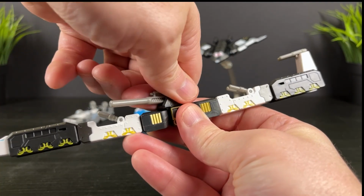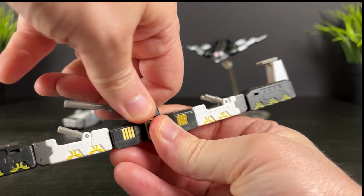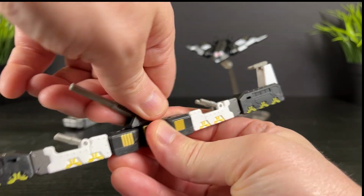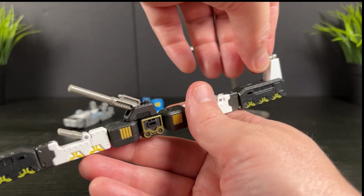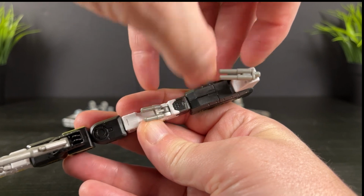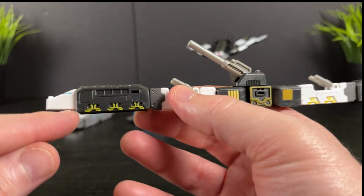I really like what they did with the guns on this thing. It's a really clever detail. It's got some nice playability on it. You can turn the main gun around like that. Big Bertha. You've got the ground-to-air cannons here, and then this one here that can tilt a little bit to the left and right. And overall, it has some beautiful styling with the black and white motif and